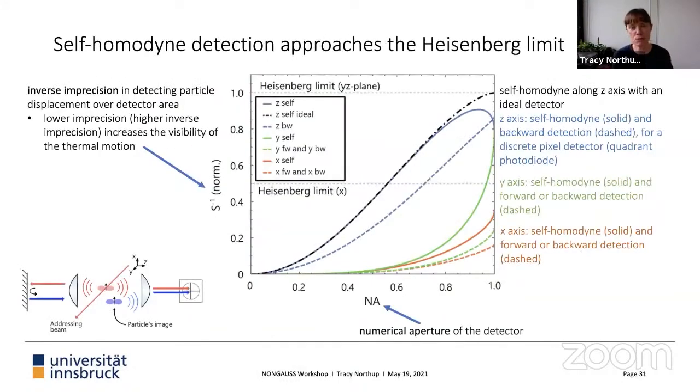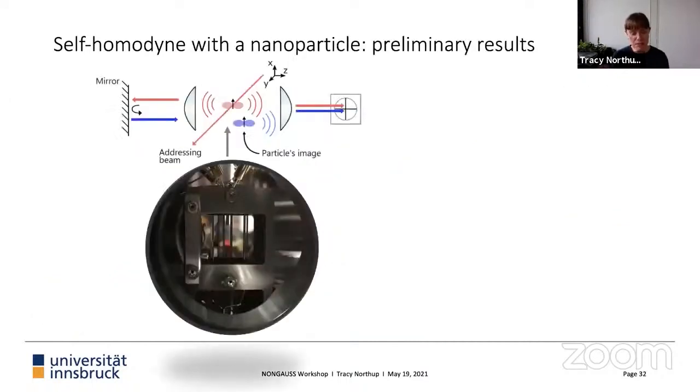So yeah, the message here is to say, yes, the self-homodyne does offer certain nice advantages. In particular, the plot goes all the way up to high numerical apertures, but you can get a particularly good advantage for the lower numerical apertures, where in our own experiments, we're limited to those ranges. So we have some preliminary experimental results, which I'm going to show you quickly to wrap up.